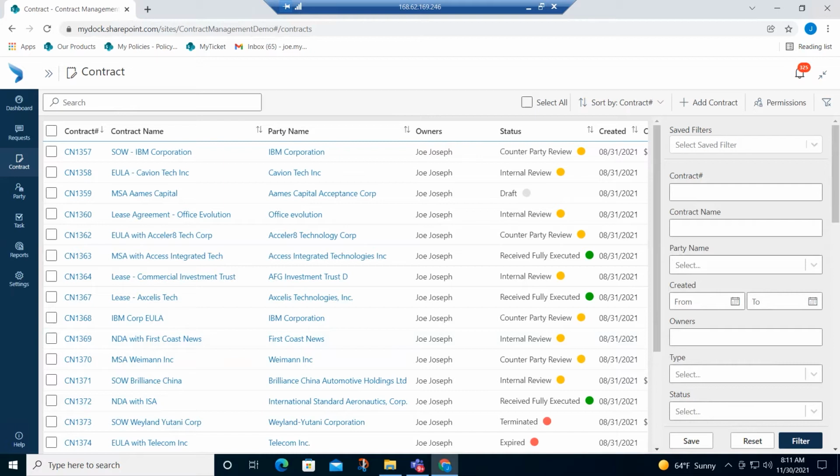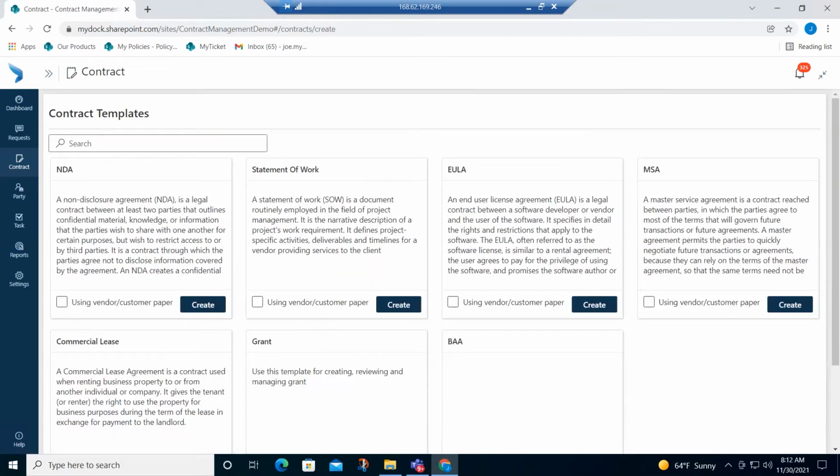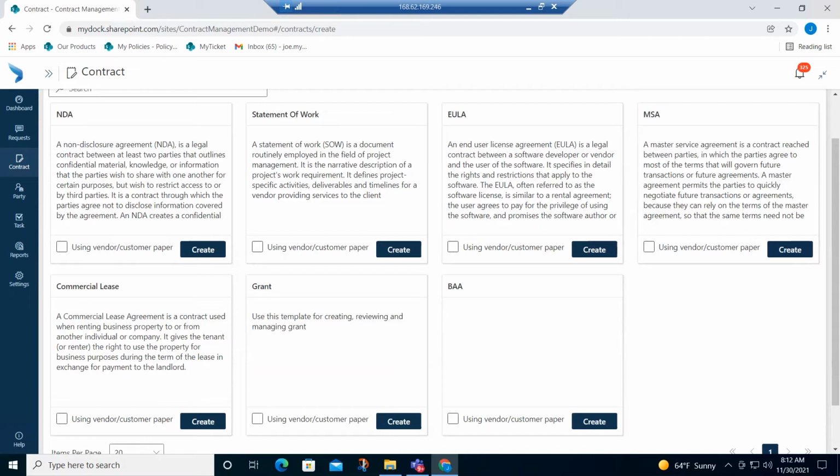So from this point, I want to take a look at the contract creation / intake process. So this is something that should be standard in all contract management systems you look at. You should have the ability to use it to help you build your contracts. Just to kind of show you what that looks like, I will go to add a contract in our system. And so as you can see here, rather than just having like a default contract form, which a lot of contract management systems are going to have, instead what you have the ability to do is to build the contracts